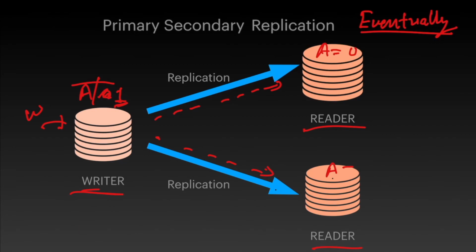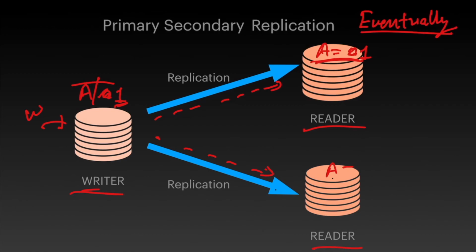In such a scenario, if we read a value from a reader, there is a chance that the reader will read a is equal to 0, which is the stale record. But after a bit of time, the record of the reader will get updated, it will eventually get updated to a is equal to 1. The pro of this system is that it is very fast. We are not waiting for the acknowledgement of all the readers. And the downside is that we are not getting a consistent value across multiple reads.